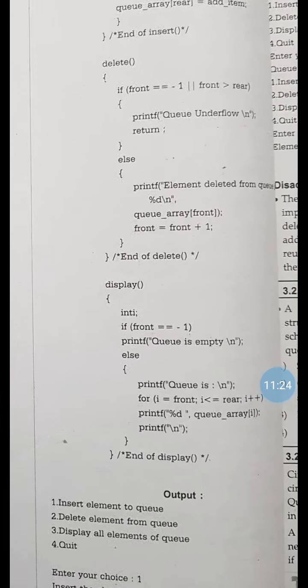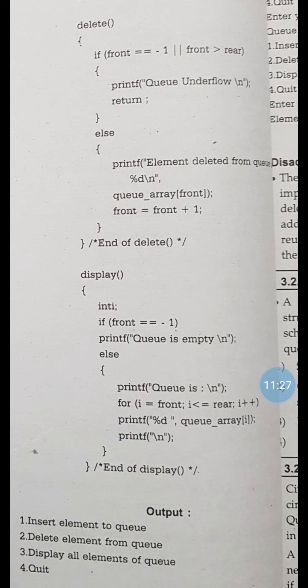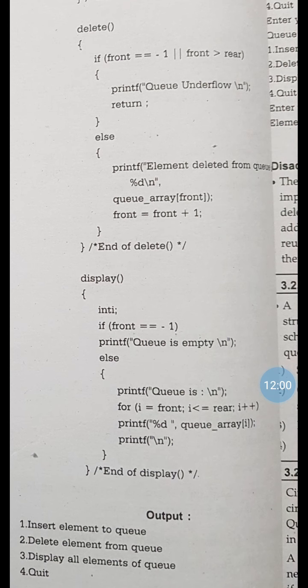Now we have to display whatever elements there are in a queue. So we will start with if front equal to -1. Before doing all the execution, we will smartly check first whether there are elements in the queue or not. If not, then why should I travel the whole queue? So before this I am checking front equal to -1. If the condition is true, then the queue is empty, meaning there is no element in it. Else, there are elements in it, so we will start to display the elements.